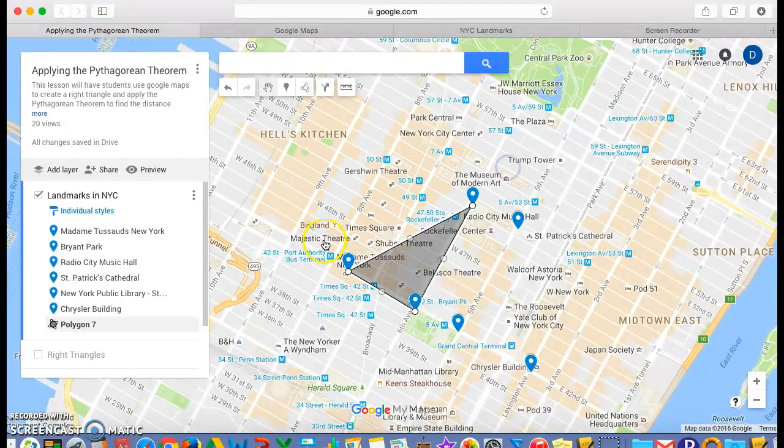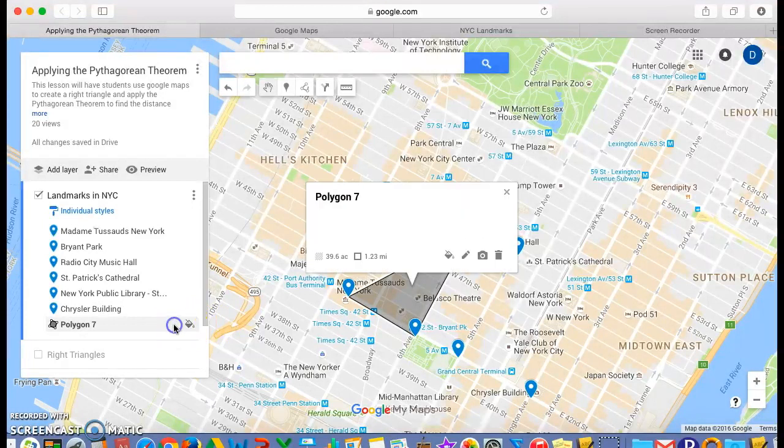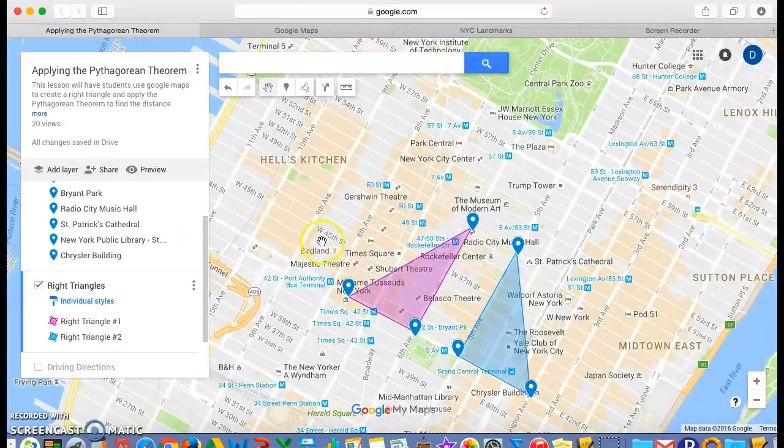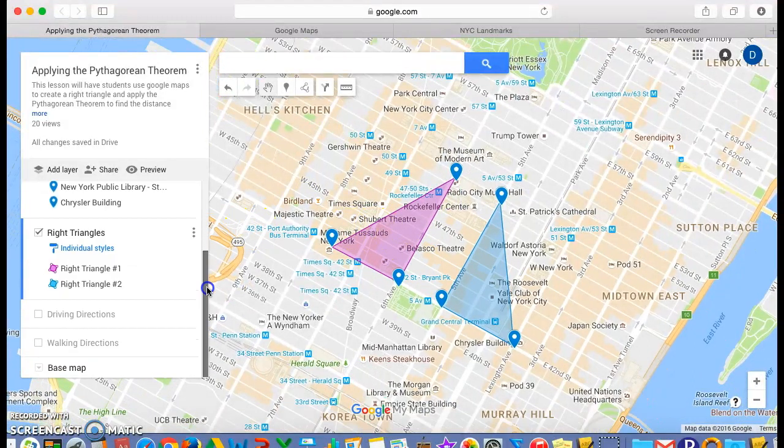Okay, just like that. For my purposes, I already created a right triangle, so I'm going to show you my 2 that I have. So there are my 2 right triangles. Now we're going to measure the distance to find the hypotenuse. So you're going to use the ruler button at the top,